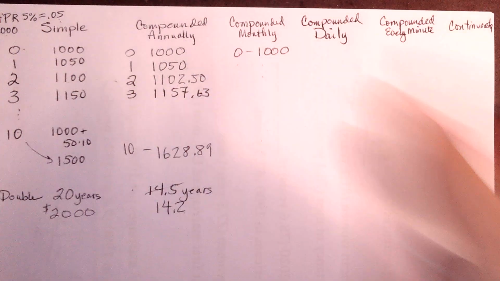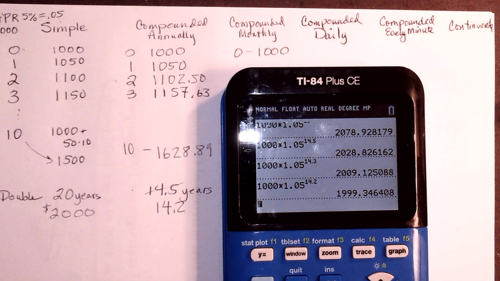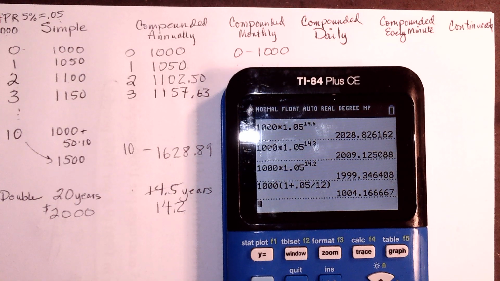So to figure this one out, I'm going to have to do my 1,000 times 1 plus 0.05, the interest rate, but only 1/12 of that, divided by 12. That much interest per month. 0.05 divided by 12, because there's 12 months in a year, and it's supposed to be 0.05 for a year, so I have to divide by 12, close parenthesis. And that's what I get